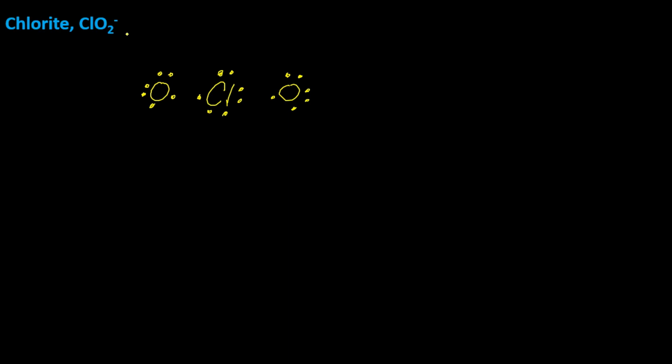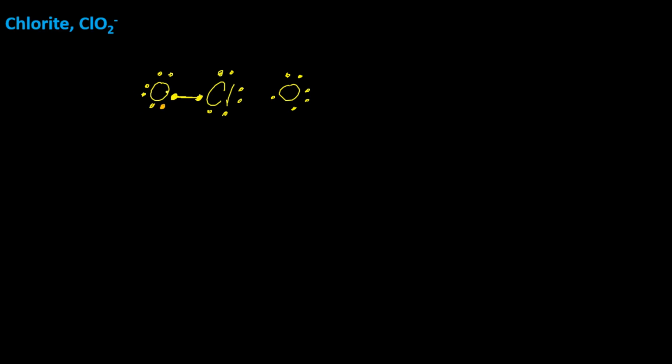So ClO2 minus. So there's an extra minus 1 electron. So where do we give it? We'll give it to this oxygen. So there you go, you have an electron. So minus 1. It only needs 1. Now we'll give this 1 electron here to oxygen so that oxygen now has 2 for each of the 4